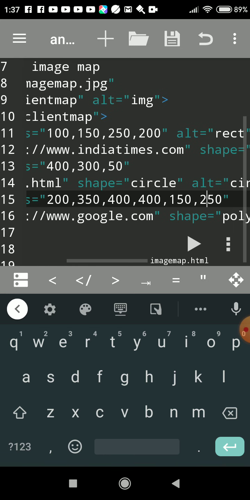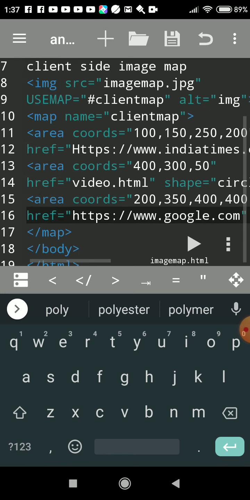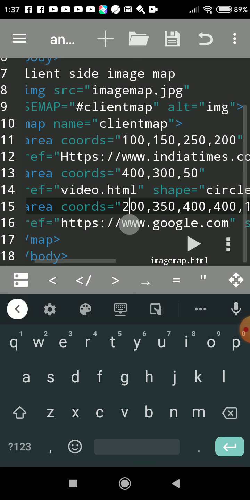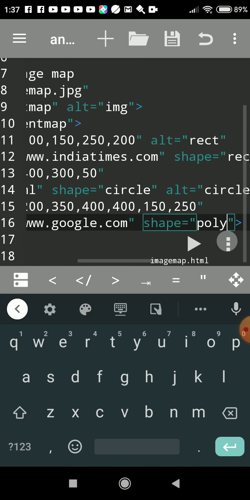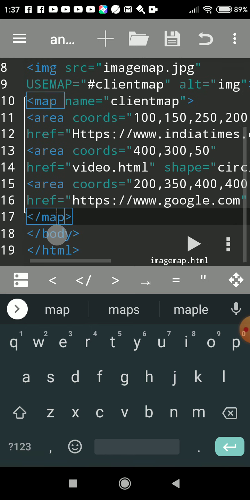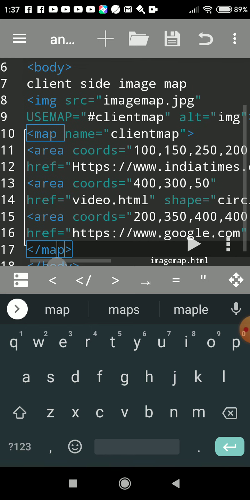Then when I click on the polygon, Google should open. So here what I had written is area, coords, then href, then shape polygon. We'll see the output, and the map tag you have to close. This is a client-side image map, which means the processing of the clickable area of the mouse and the linking of the file and image is done by the browser itself, so it saves a lot of time.